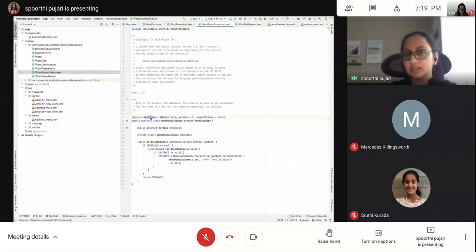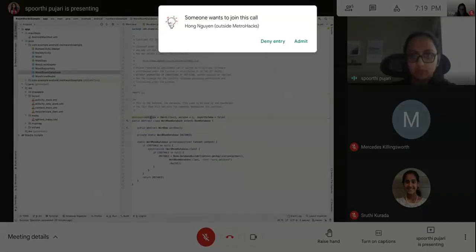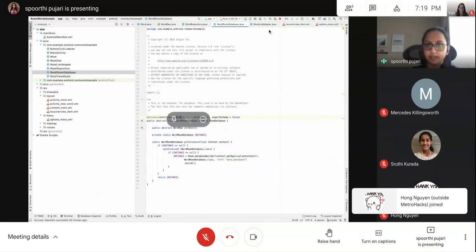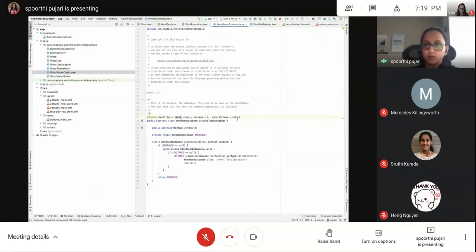And then I need to tell what the tables in this database are. With entities equal to, I've put my Word.class, which is my table. Then this is the database version. And you can Google what exportSchema is. It's not so important.